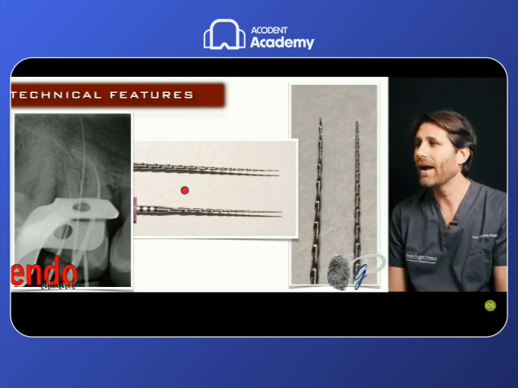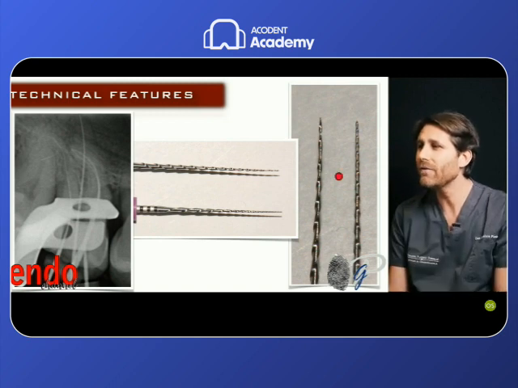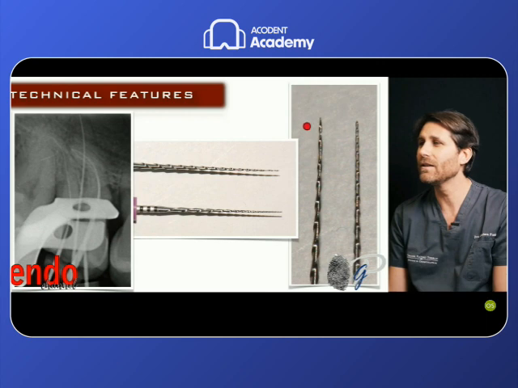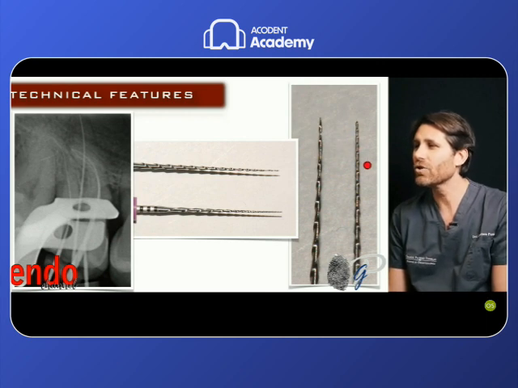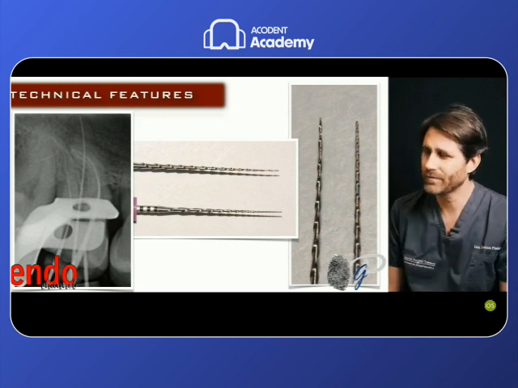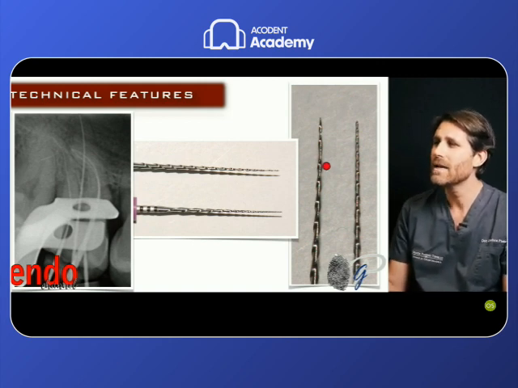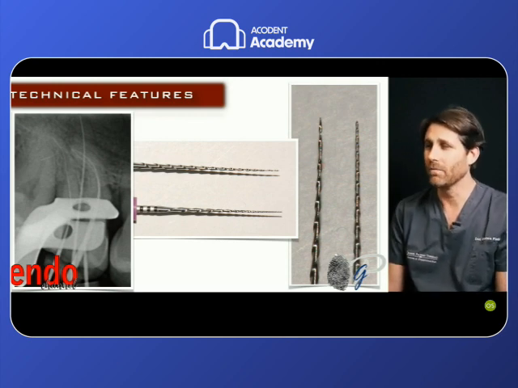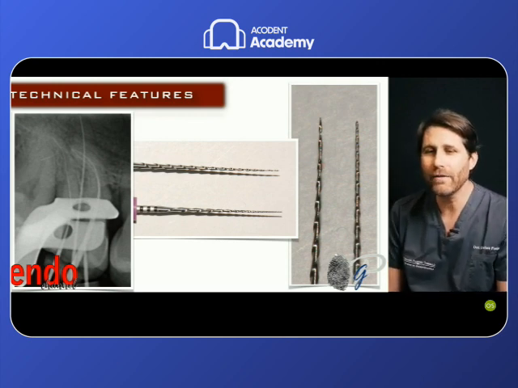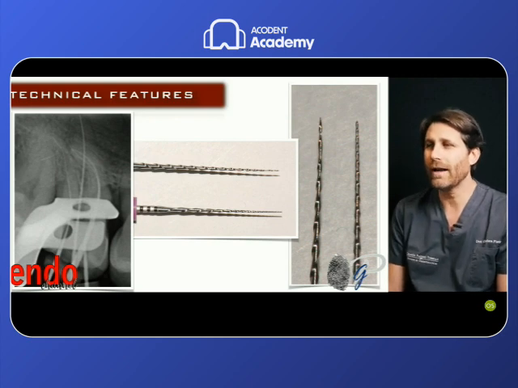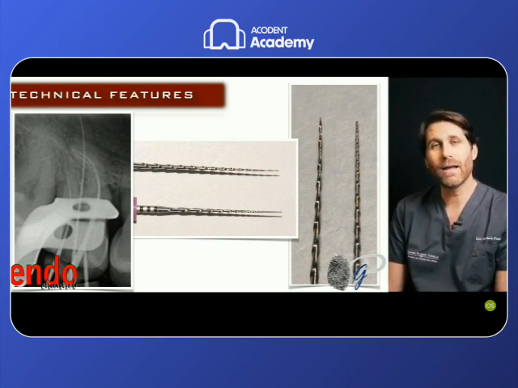The air pilot file, this one on the right, you can see it's very different in the design at the tip: much shorter pitch length, a little bit more metal mass, with blades that have less space in between and less deeply constructed blades. So this file in this case helped me to reach the working length where a rotary mechanical file was not able to reach.